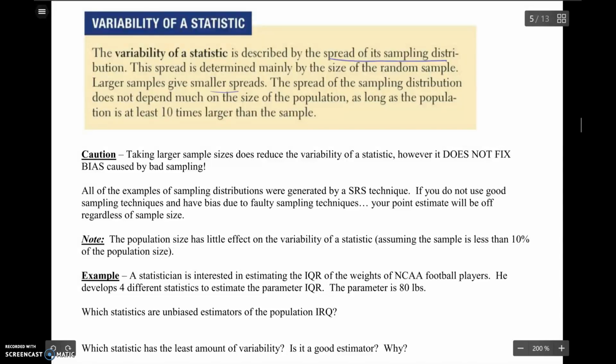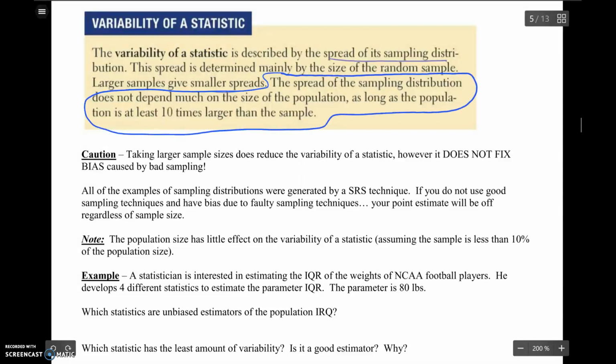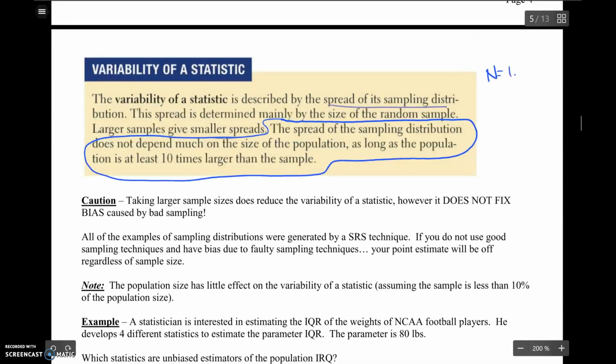So we talked a little bit about this in class, this little idea right here. And it's a little bit tricky here because I want to be right. I don't want to lead you astray. But in general, it doesn't really matter what the population size is. Your population size could be 1 million, and this population size here could be 10,000. And if you take a sample of size 200 from this population and a sample of 200 from this